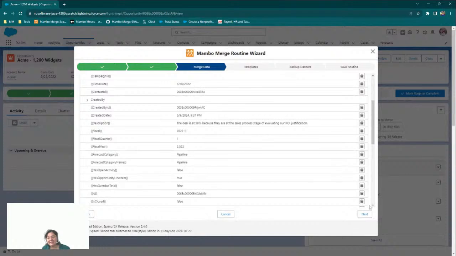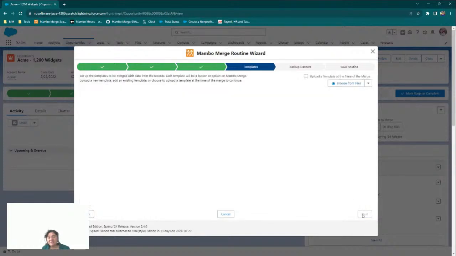Now you can take it to the next stage. So going to the next page is our templates page. Again, it doesn't look too different at first, but then you realize something new is happening over here. We still have that checkbox for upload a template at the time of merge. That's that drag and drop where in some use cases, people are okay having the template saved locally on